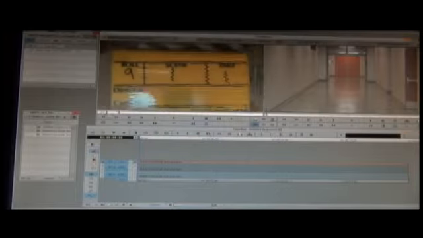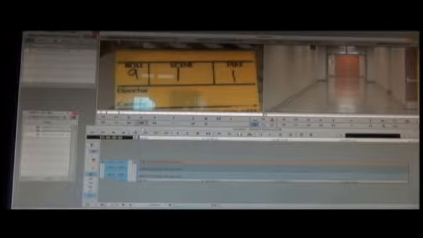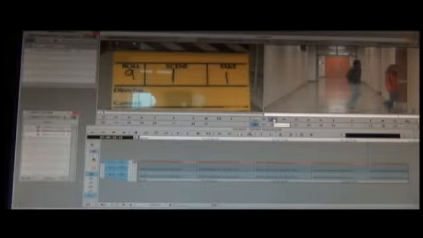Overwrite, on the other hand, will cover over the top of it. It will get rid of it. It will erase anything in its path. So right here, if I go to the very beginning, and let's say I want the clapboard. Got the clapboard here. I set a mark in and a mark out on the clapboard. And I've got my hallway footage. I got them into the room. Here's what overwrite does. It does not push this footage over. But if I hit overwrite,